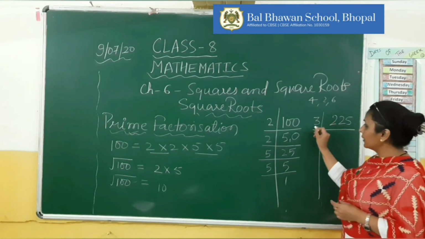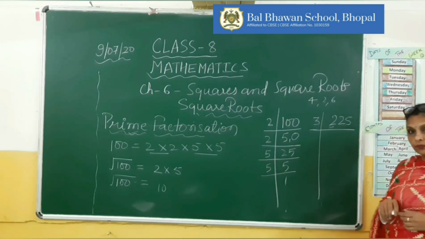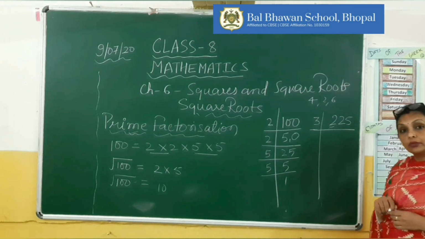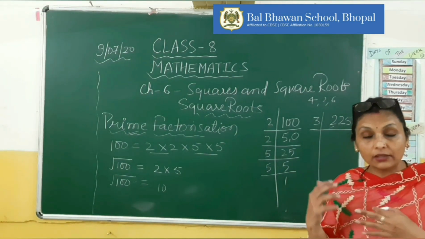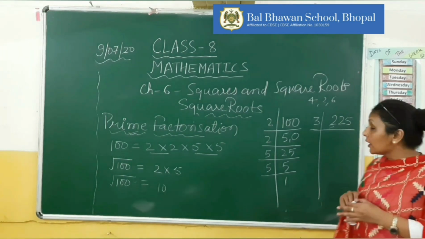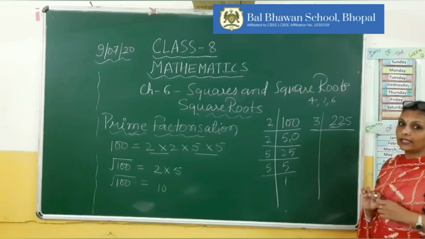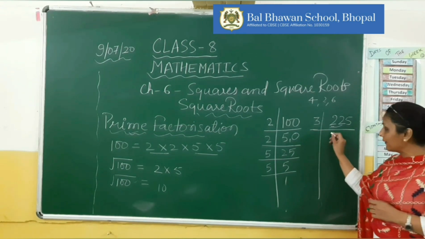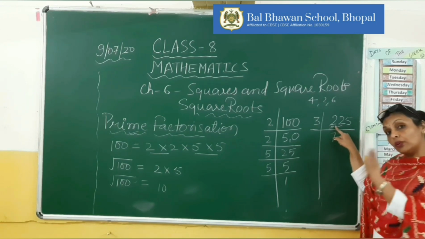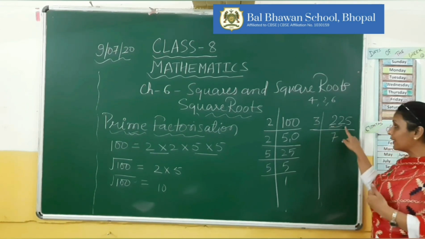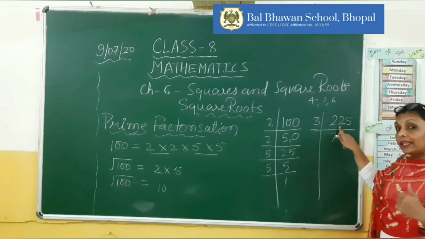When we are taking 3 over here, and if I take one digit 2, you can see that 2 is smaller than 3, so we cannot divide 2 by 3 in this case, or we cannot factorize 2 by 3. So we will take one more digit. Now our number is 22. Okay, so 3 sevens are 21, because 3 eights will be more than 22, right? So 3 sevens are 21, but it is 22 over here. So what will be left?